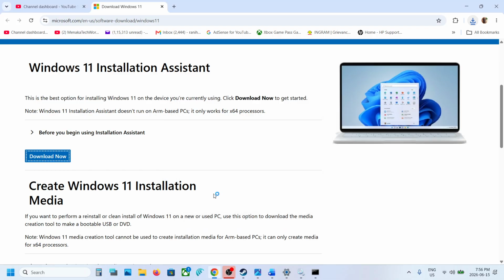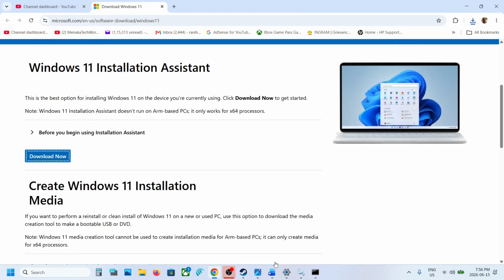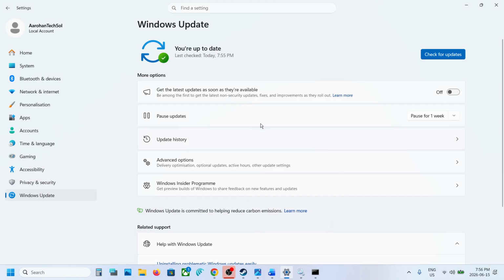Click on yes to allow. And if there is any update, you will see update option or install option. Install it and then check. If that does not work, the next step is to open Windows settings, go to Windows Update, go to